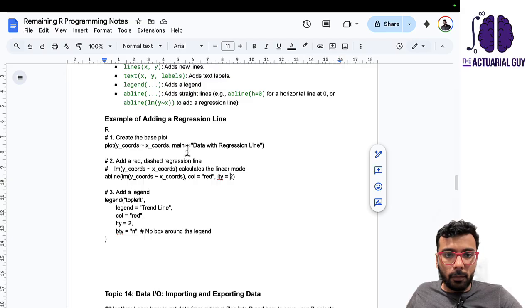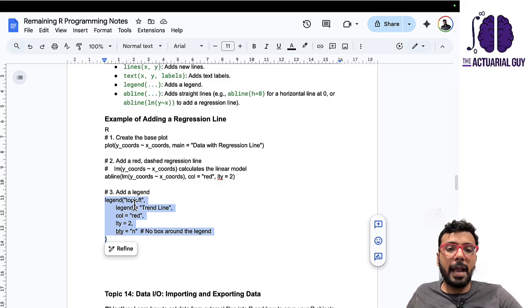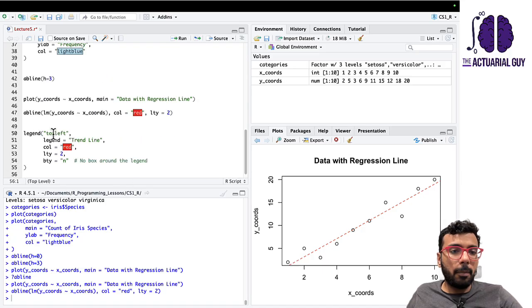So this is something we saw. And then if you want to add a legend here, right, you can also add a legend, which is on the top left. Let me show you this. On the top left, I'm adding this legend. The legend is called trend line. The color is red. So I'm trying to represent this regression line. I've again used the line type as 2, and bty